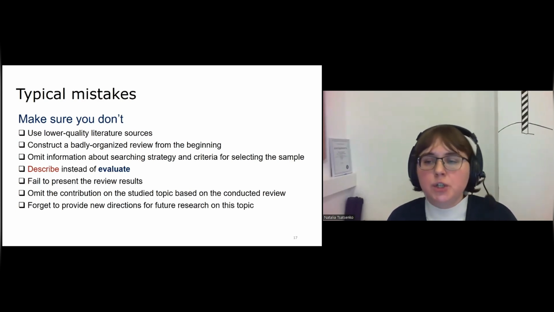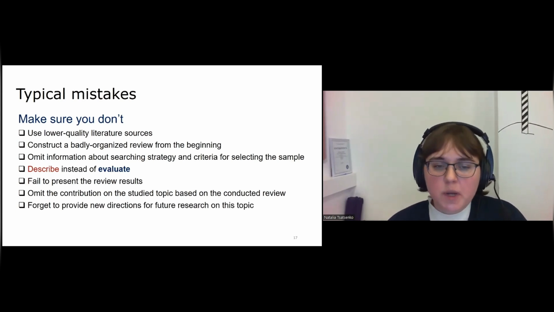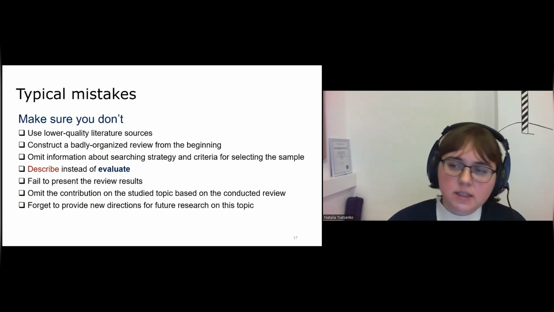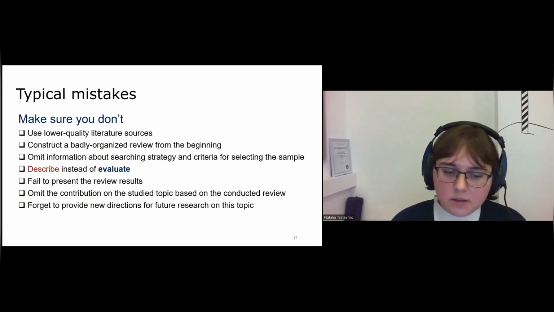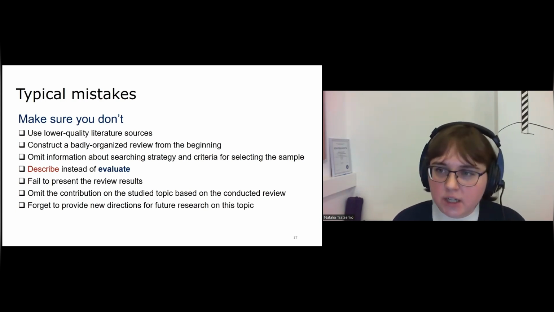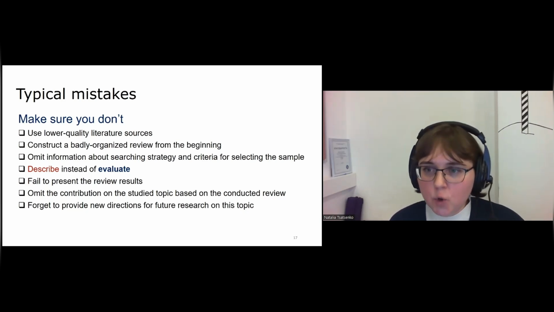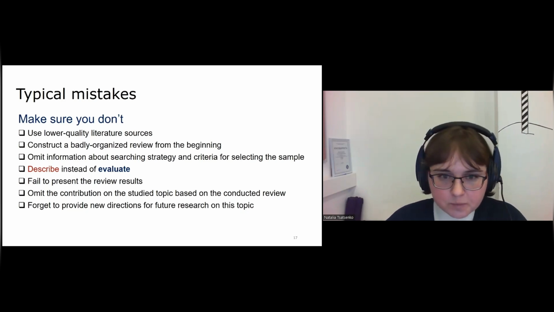Even if you write a review as a part of your paper, the last paragraph before you move to the second part of your paper will say that I analyzed these subgroups of papers, and we see there is a research gap, and that we plan to fill this gap. So this is the idea that a review, either as a part of a paper or as a review article, gives a new direction for future research.